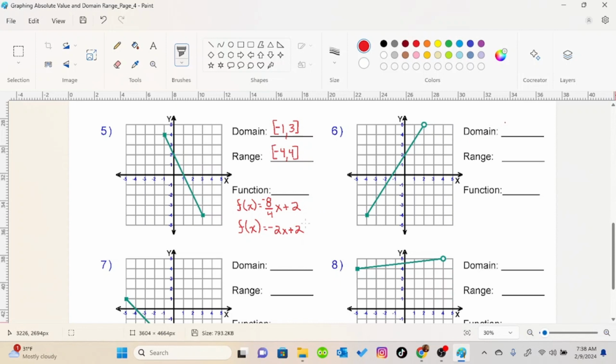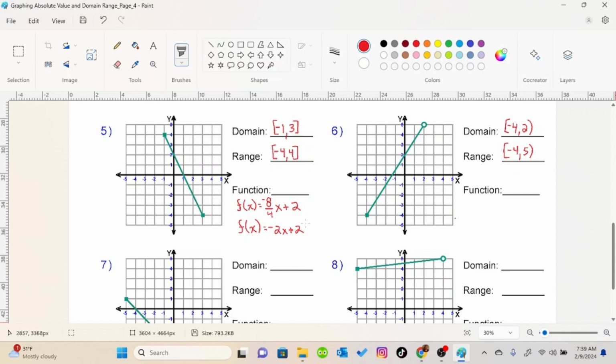Number 6. Our domain starts at x equals -4, included because of the solid point. It ends at x equals 2, not included because of the hollow point. The range begins at y equals -4, included because of the solid point, and goes until y equals +5, not included because